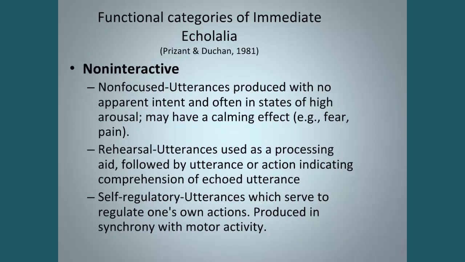Non-interactive functional categories appear like the non-focused ones, utterances that really are produced with no apparent intent. Sometimes in states of really high arousal, they may use them to calm. So I see this a lot when children have trouble with transitions. The teacher may say, okay, now it's time for lunch, and you hear a little kid go, time for lunch, time for lunch, time for lunch, because they're worried about the transition or they don't like the noise in the